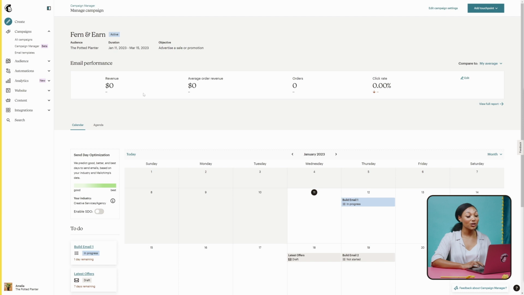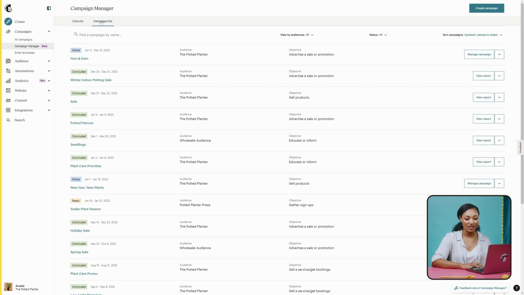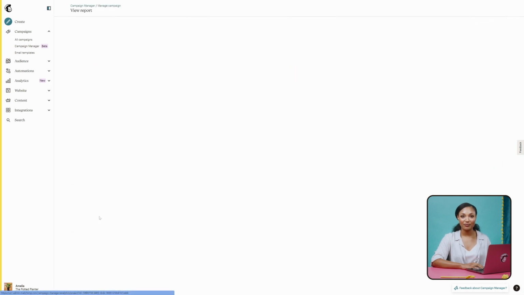Once the campaign launches, reporting will play a key role in steering its success. This campaign hasn't sent out any messages, so to review a complete report, let's head to Campaign Manager's homepage. We can use the campaign's list view to find a campaign through the search or apply a combination of filters. But since our list isn't too long, we'll just scroll and select 2-week ad campaign.